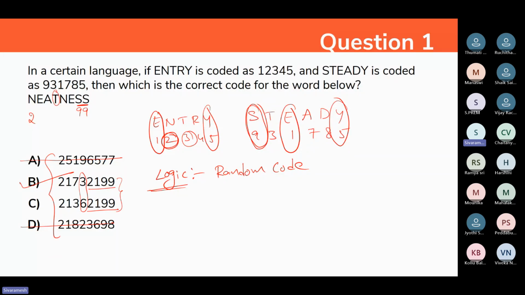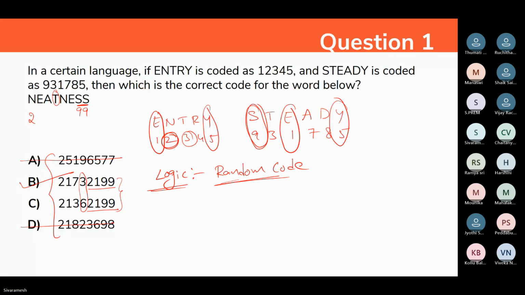You just need to understand where the code is getting changed in that option. So obviously you will be having options. In case you don't have options, obviously you need to look for the entire word. Let's assume that if we conduct an exam like your talent test without giving any options, there is no option for you, so obviously you should look for the entire word. I hope you all are clear. This logic will be based on random code. Okay, let's go for the next one.